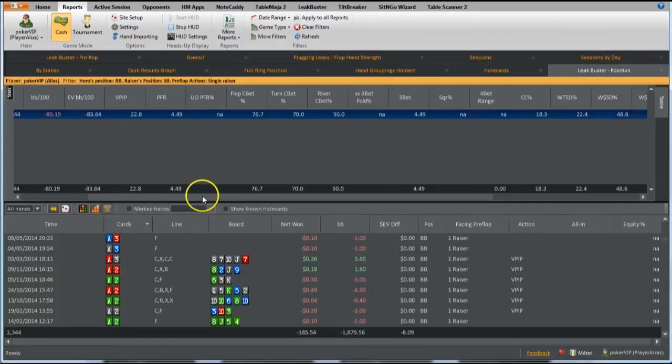So one way he can easily increase his overall 3-bet frequency from the big blind is taking advantage of this specific situation. Small blind opens, we should probably be 3-betting about 15% of hands. Actually, as a rough guide, we should defend about a 50% range in this particular situation in the big blind facing an open raise from the small blind. So what this means is our cold call number and our 3-bet number should equal roughly 50% with this specific filter run here. And we can see that Hero's cold call is 18.3,